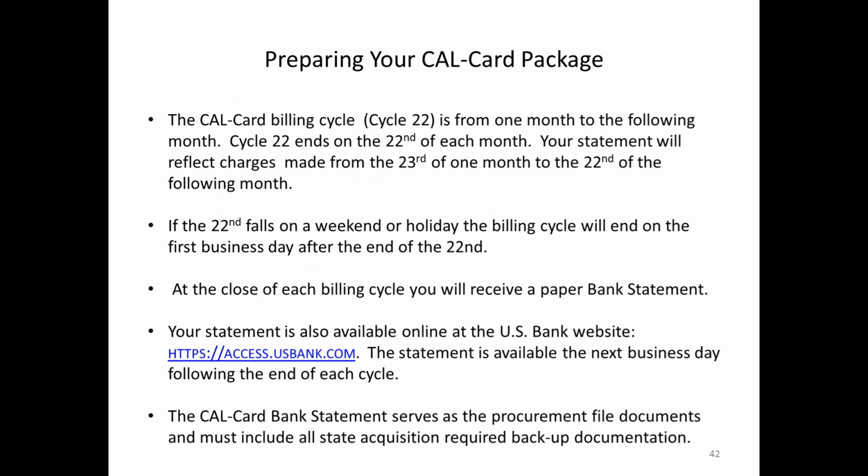The CalCard billing cycle, commonly referred to as Cycle 22, ends on the 22nd of each month. Your statement will reflect charges made from the 23rd of the previous month to the 22nd of the current month. If the 22nd falls on a weekend or a holiday, then the billing cycle will end on the first business day after the 22nd. This is important to know, as you will receive a paper statement at the end of each billing cycle. Your bank statement will also be available online for download exactly 1 day after the close of the billing cycle. You can access your statement at the